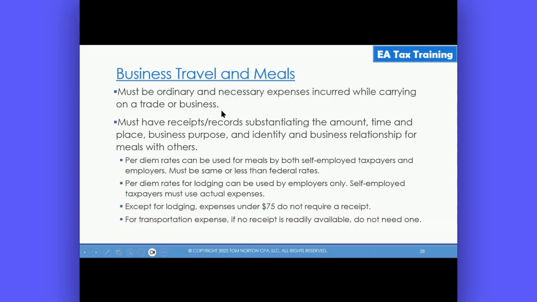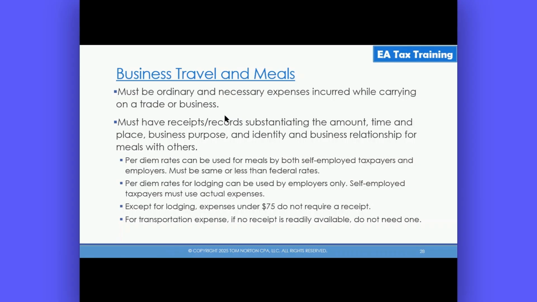trade or business. Now, we know from our previous slide that all business expenses have to meet this test, not just travel and meals. All business expenses must be ordinary and necessary and incurred while carrying on a trade or business. They are reminding you here that this also applies to business, travel, and meals because let's be frank, these